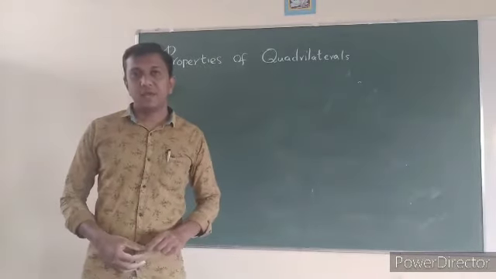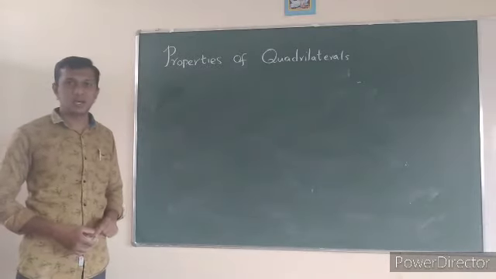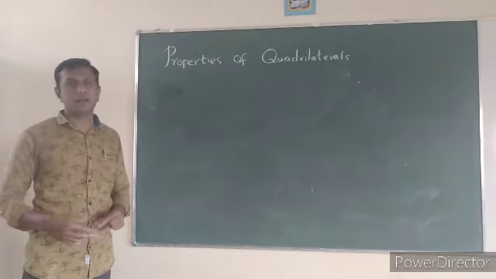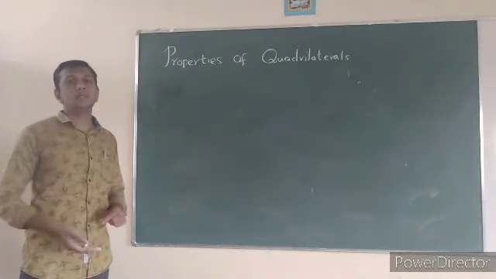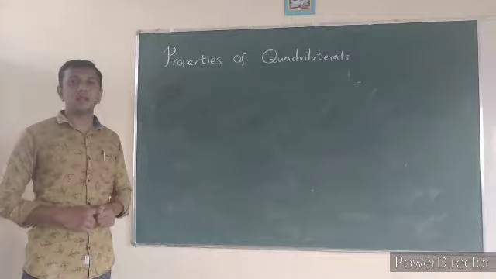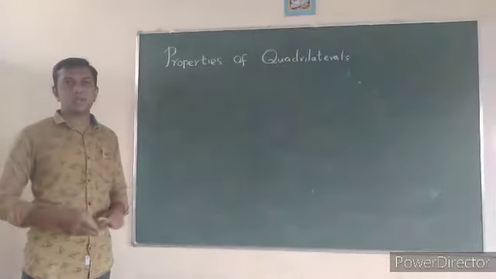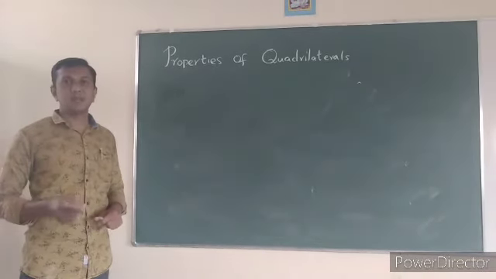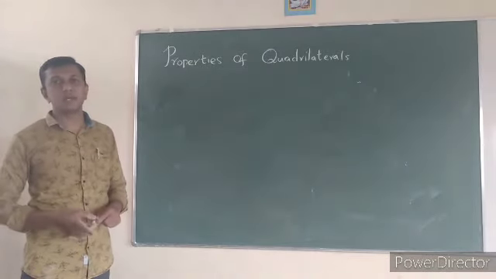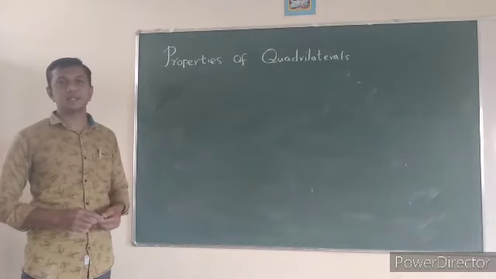So in today's session we have completed, well, not completed, only 2 properties we have learned regarding quadrilaterals. Other quadrilaterals are there like trapezium, rhombus, parallelogram, etc. We will discuss in detail those properties, which are very important in solving problems. Today we discussed 2 properties related to quadrilaterals. First one is the sum of interior angles of a quadrilateral is equal to 360 degrees, and how to solve problems related to that. 2 example problems I have discussed, and regarding the exterior angle also I have discussed.